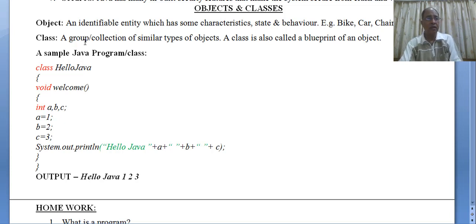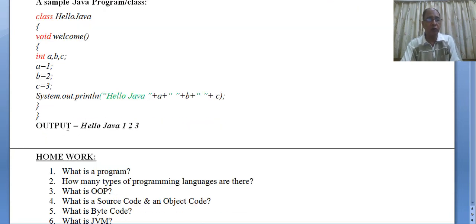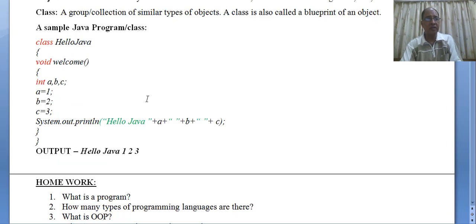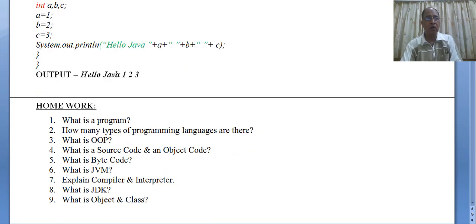So here is a simple Java program. Class HelloJava, void welcome, int abc, a is equal to 1, b is equal to 2, c is equal to 3, System.out.println Hello Java abc. Now when we do this program on the computer and execute this program after compilation, we get the output Hello Java 123. This is a small introduction to a Java program. We will understand programming as we go on further. This is a small introduction.